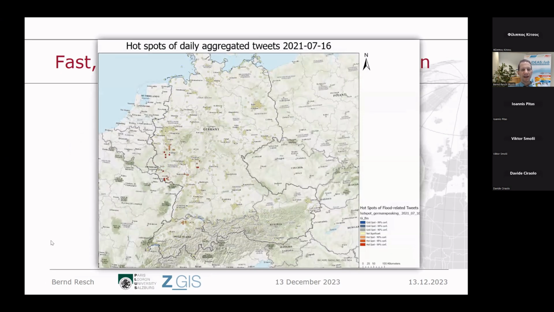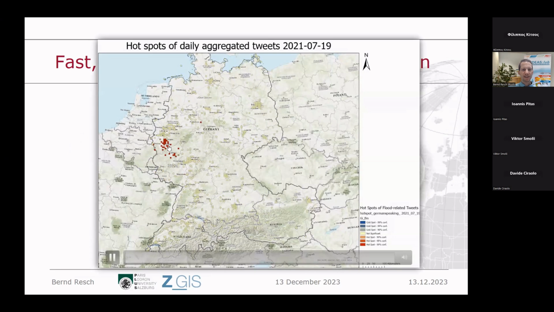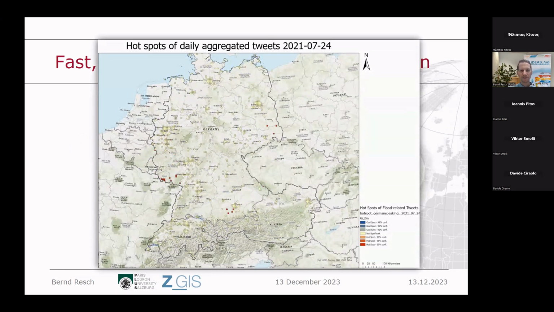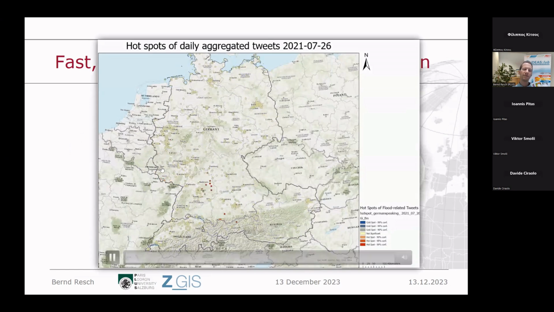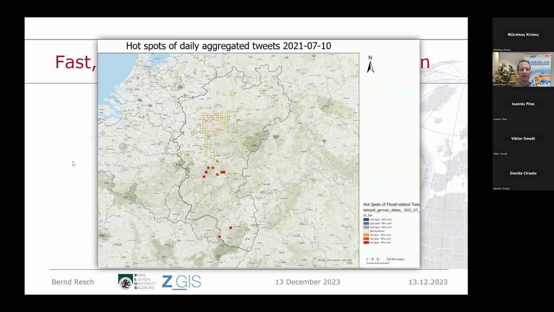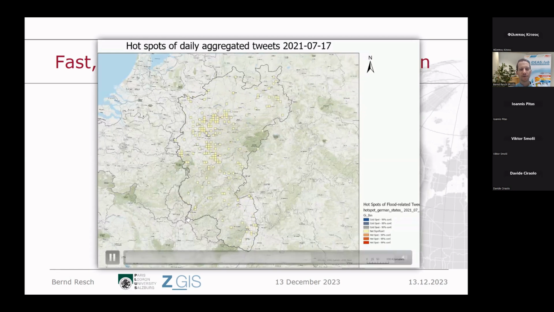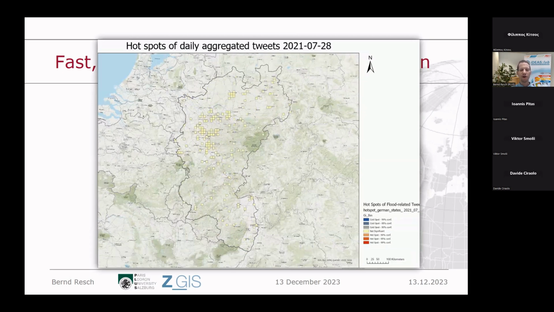What we see here is, again, the same area, Germany. You see that these hotspots, like the most affected areas in disasters, are jumping around. So over time, you have different areas that are heavily affected by a disaster. Then we zoom in a little bit. We have a different spatial resolution here, more fine-grained. And again, you can see that over time, these hotspots turn up. They remain a bit stable, and at some point, they move to other areas. So this gives disaster managers a hint of where the currently most affected areas of a disaster actually are.